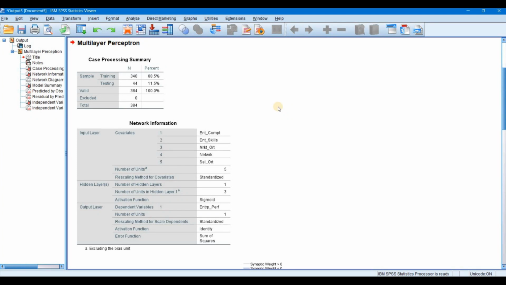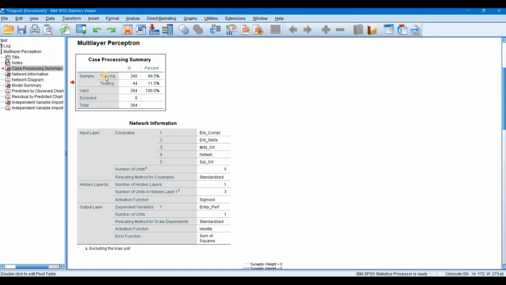So now that's very easy. First of all, we have to look at the case processing summary. This is the n, the sample size, and here the total sample size is 384, and randomly the software has taken 344 for the training, which is 88%, and the 44, which is 11%, is